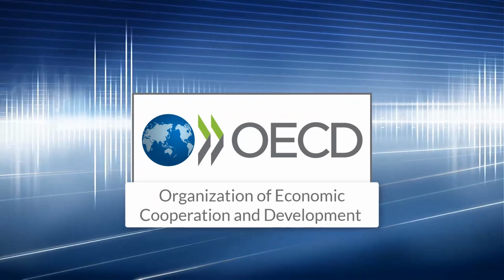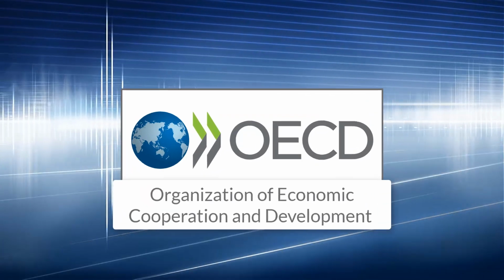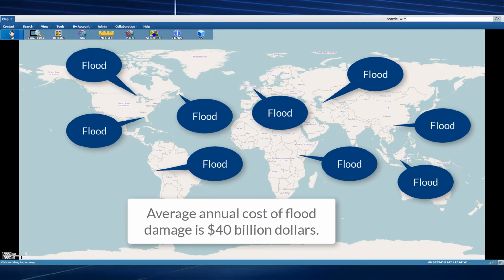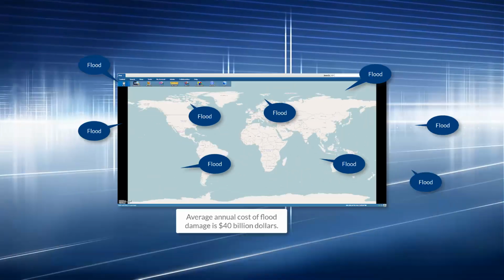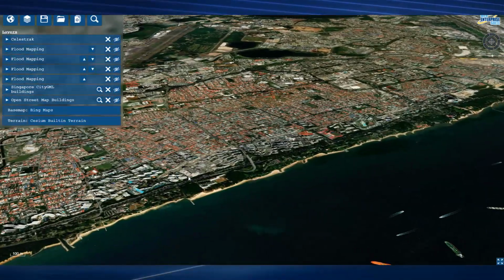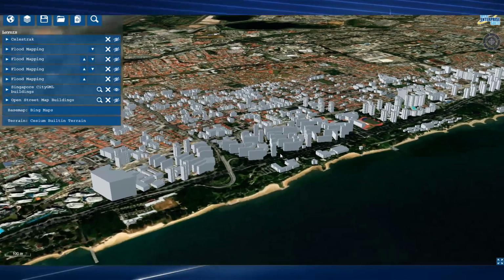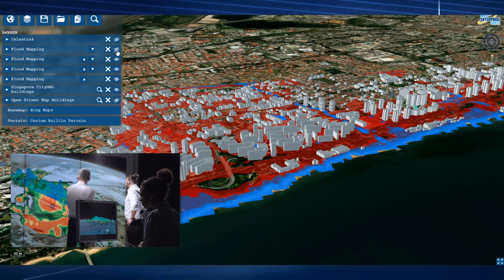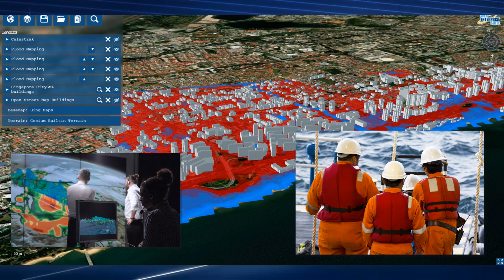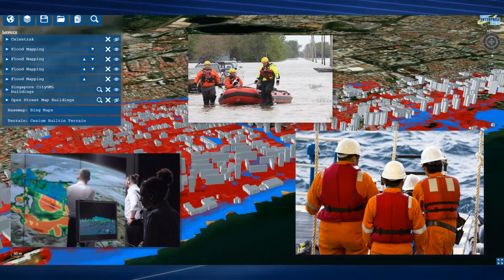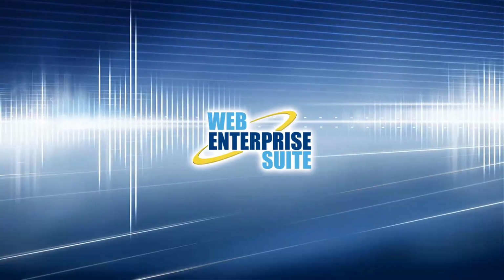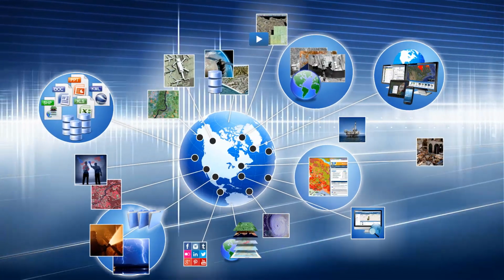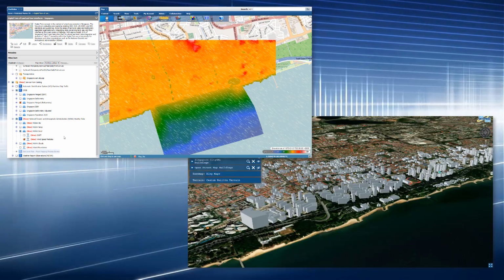According to the Organization for Economic Cooperation and Development, the average annual cost of flood damage is $40 billion. Accurate prediction and swift response to flood situations are pivotal in minimizing catastrophic consequences. Ensuring that the right information reaches the right people at the right time can save millions of dollars and, more importantly, lives. Web Enterprise Suite harvests multiple data types to create services that are visualized through both 2D and 3D